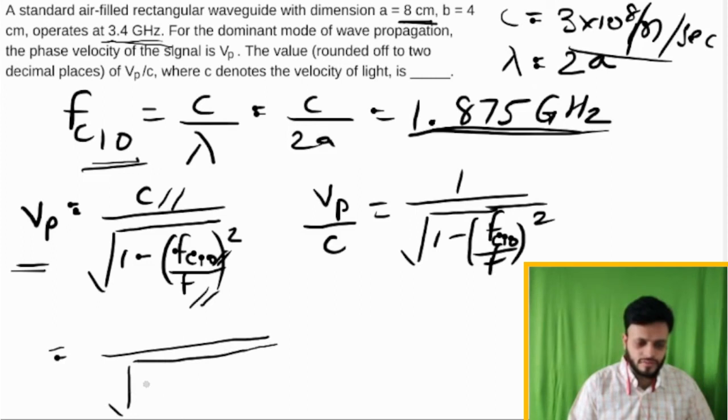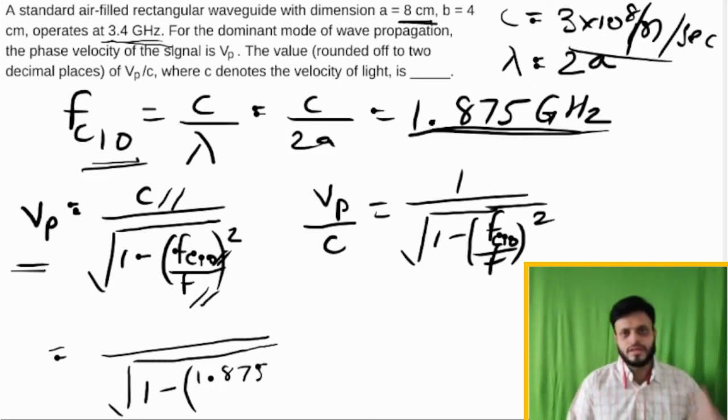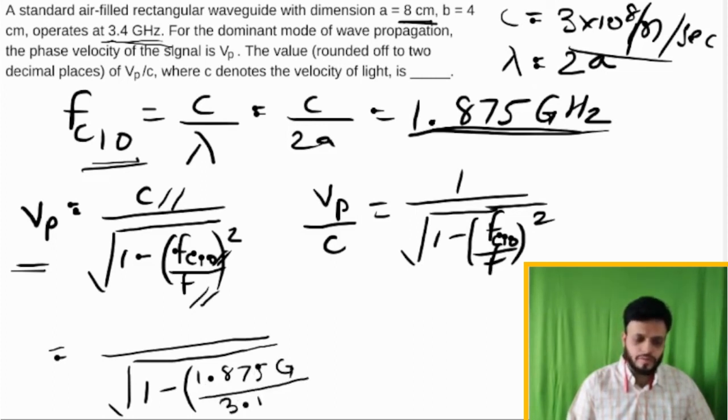Root of 1 minus, in brackets, 1.875 over 3.4, squared. It is given in gigahertz, but I will not be writing the 10 to the power 9 value, because this giga part, and for the frequency of operation the giga part here, will get cancelled. And the final answer here is